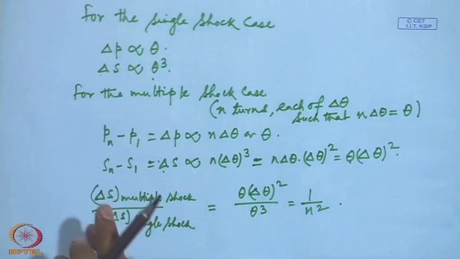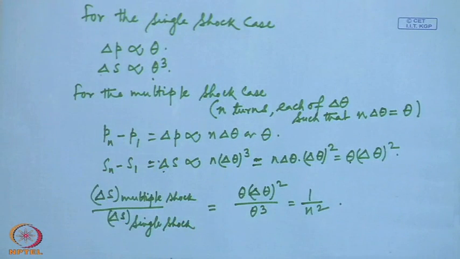And we achieve the same compression by providing 10 smaller turns, each of 1 degree. What happened? The pressure rise in both cases is the same. However, when we compare the entropy rise, you see in the second case, that is, when we achieve the same amount of compression by ten 1 degree turns, my entropy rise is 100th,